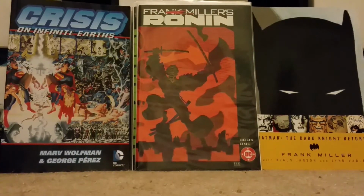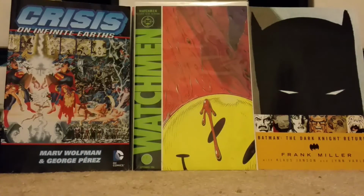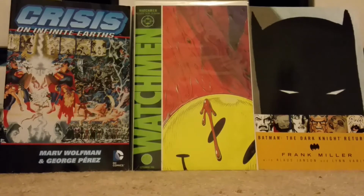Frank Miller's Ronin, book 1. I've heard good things about this. I'm missing, I think, one issue out of the run. I haven't read it, but it's one I probably need to check out. And Watchmen number 1. I don't know if you guys ever go on